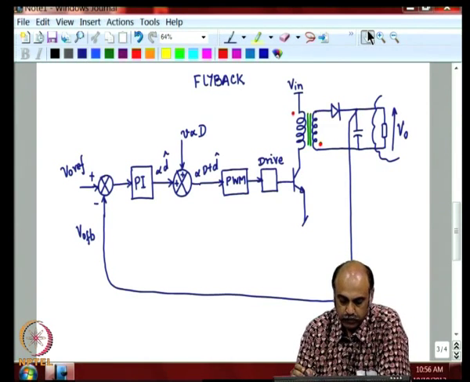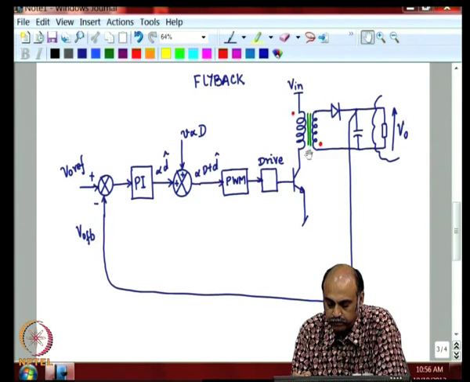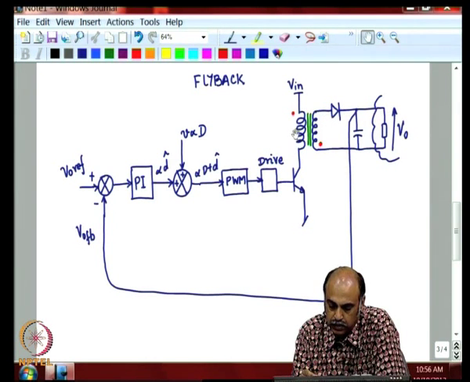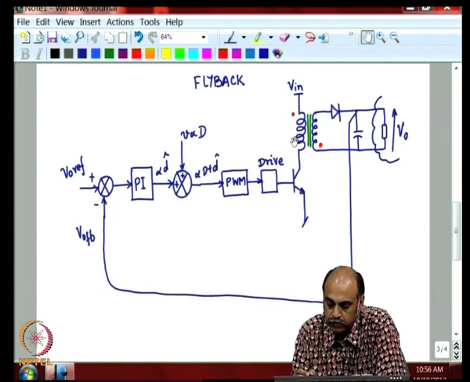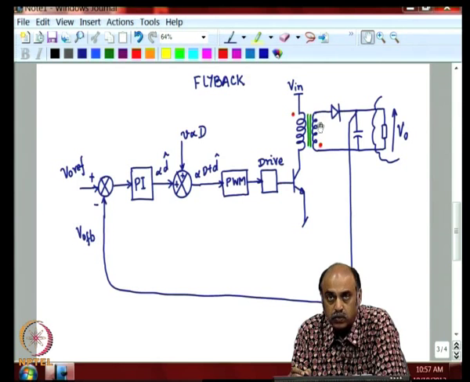One is compatibility and another is isolation. One of the main functions of the transformer is to achieve a voltage scaling such that the load voltage becomes compatible with V in for a given duty cycle, and the other function is input and output galvanic isolation. That is also a very key important parameter